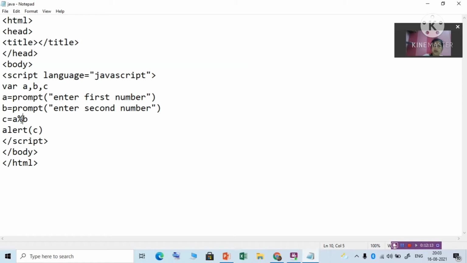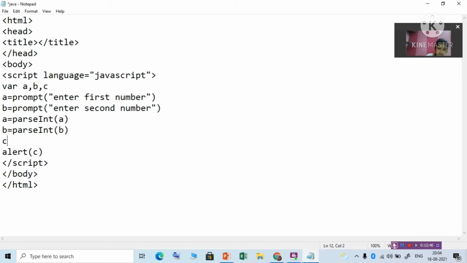But when we are doing plus, it is not converting. So if you want to add the two numbers, first we have to convert these characters to numbers. For that we use the function parseInt. How? So we'll write a is equal to parseInt. This means this function will convert this character to an integer.